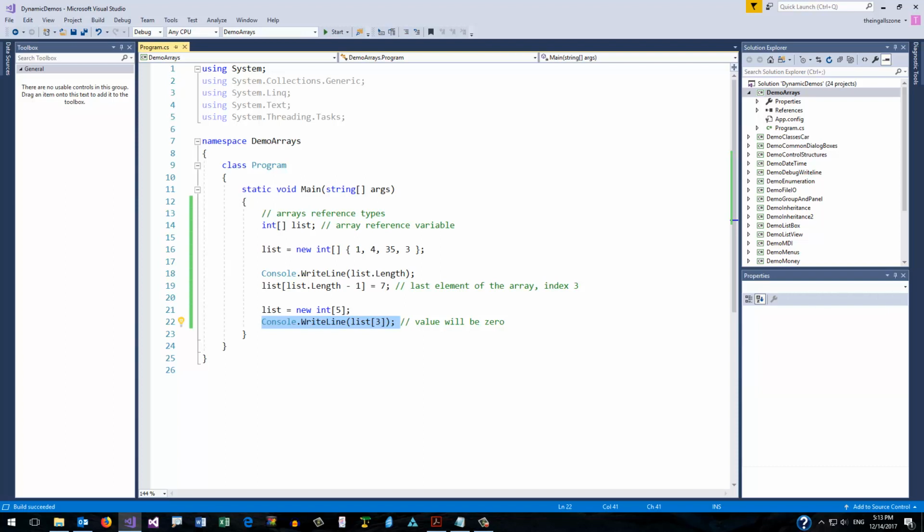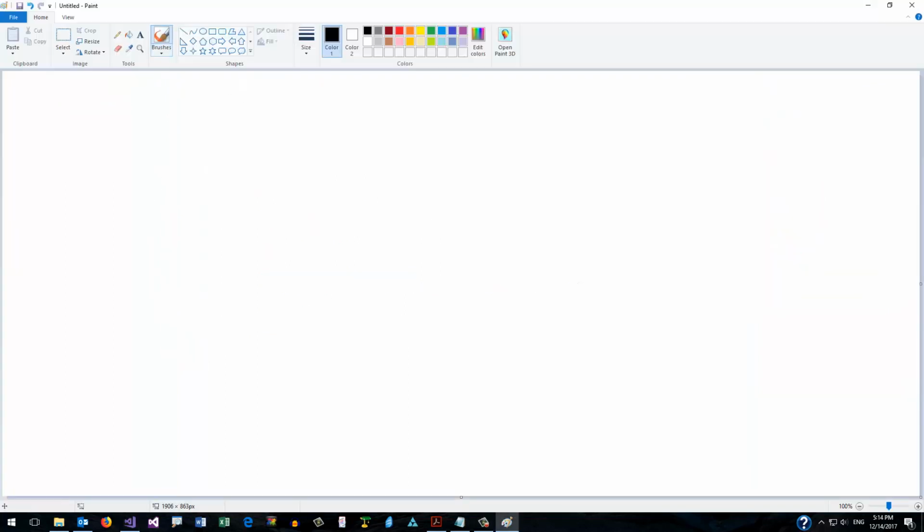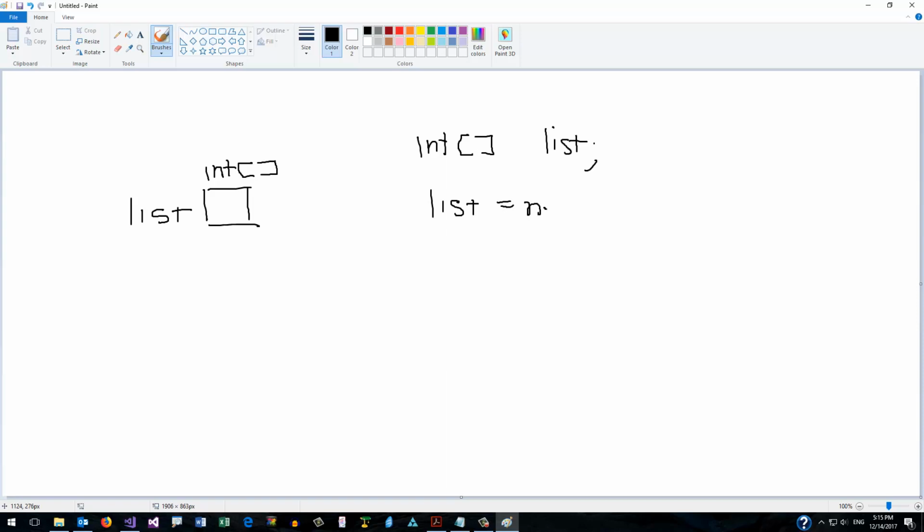So let's consider what this looks like pictographically. I have a reference variable called list, and the data type of that reference variable is integer array. When you first declare the array, again, you haven't really created an array, you've just created a reference variable that could point to an array if you had one. And then when you allocate some storage and initialize that,